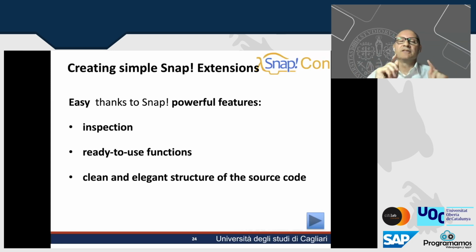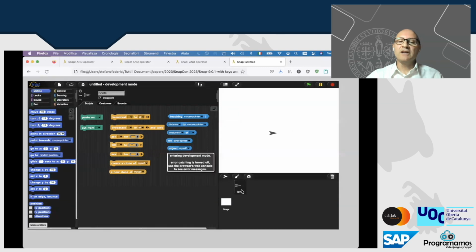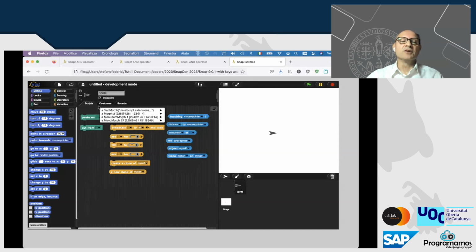Okay, yes, you need the powerful programming language, the functions that create this powerful language. You have the inspection that is very useful in Snap. You can switch to developer mode, and you can inspect everything. So maybe I learned how to modify the extension, the preferences, looking at the